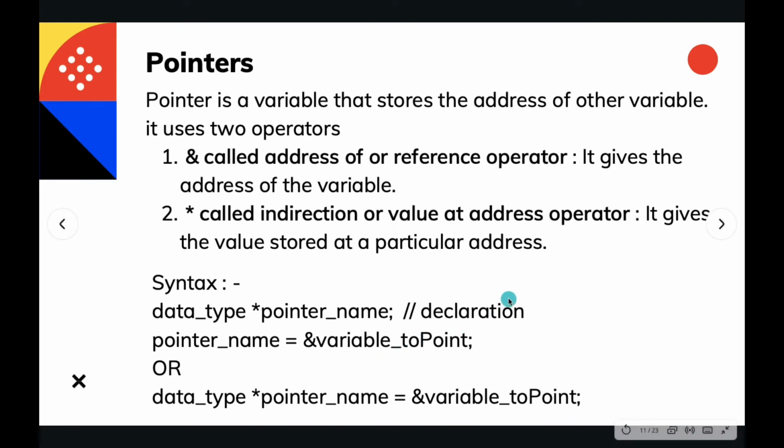So this is the long way around, and then we have a short way. We can do declaration and initialization of a pointer in a single line only. We specify the data type, then the asterisk and pointer name, and then equals the address of the variable whose address we are going to store in the pointer. We need to declare the pointer of the same type as the variable it is going to point to, and then store the address in it, and this is all about it.